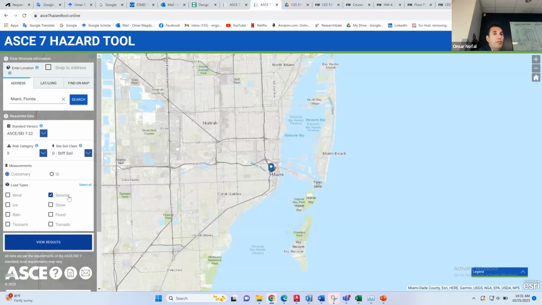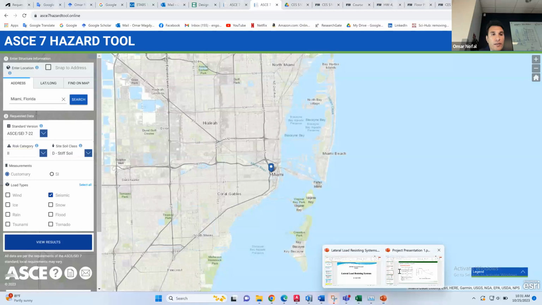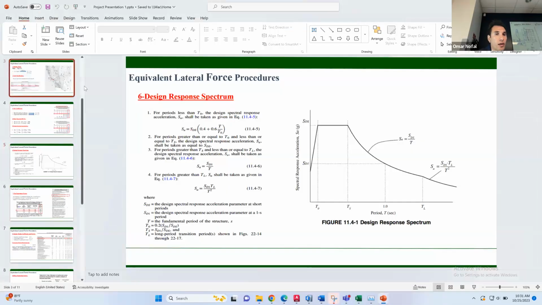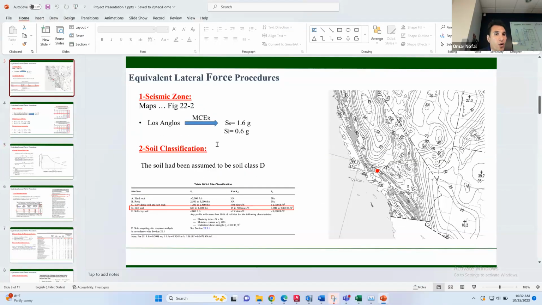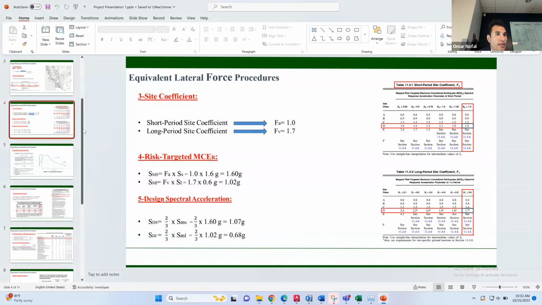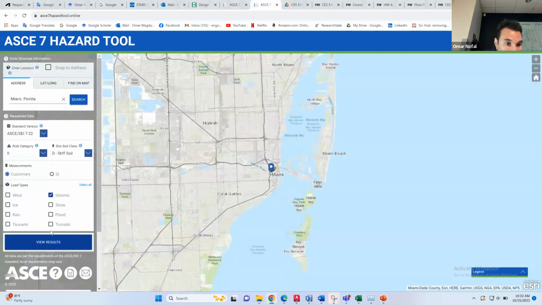Why does it ask for the soil? Because it wants to do the same procedure that I told you about a few minutes ago. It has the maps already, so all it needs is the soil so that it can calculate the site coefficients, FA and FV, and then do the other procedure. Once it's done, you will